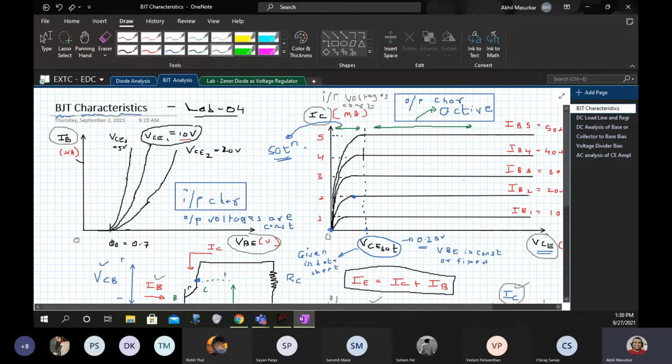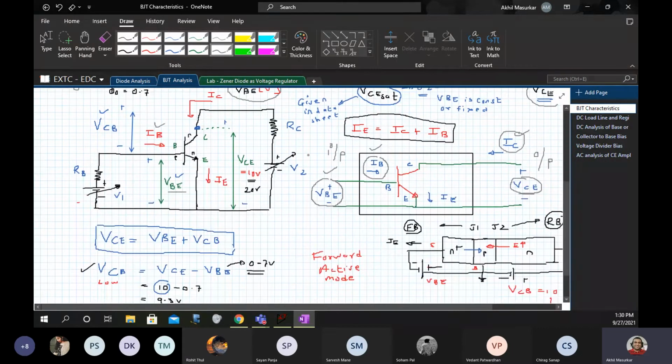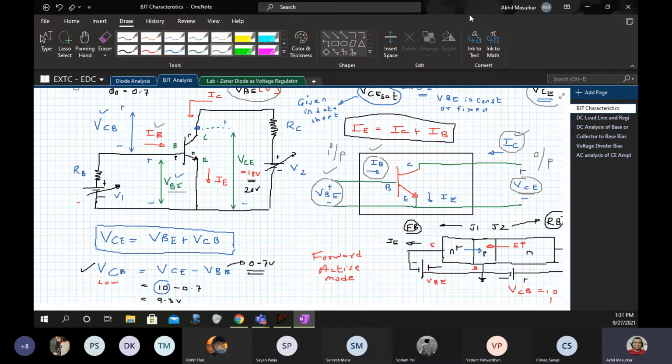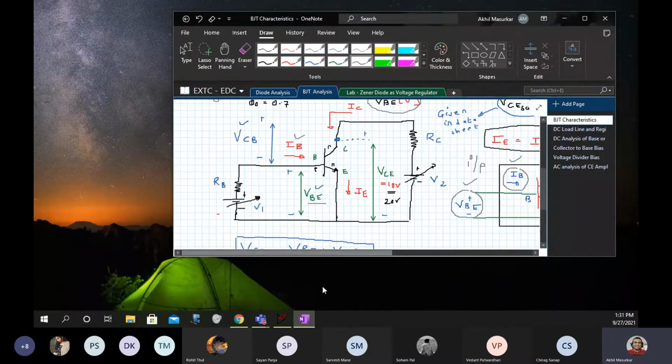Our objective is to plot these characteristics by making this circuit. So let us start.